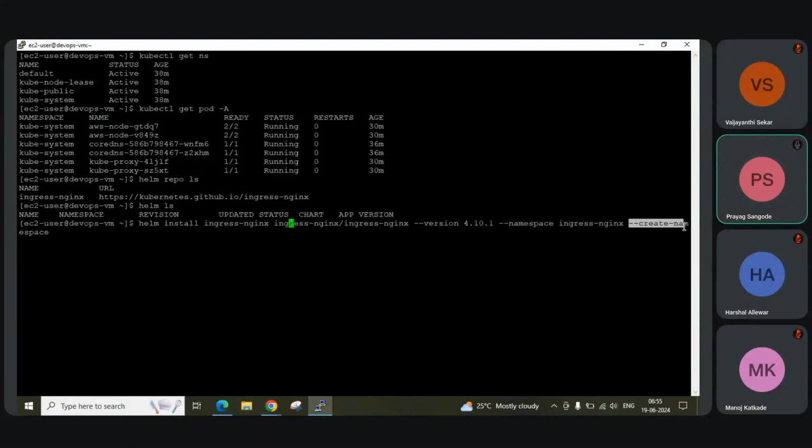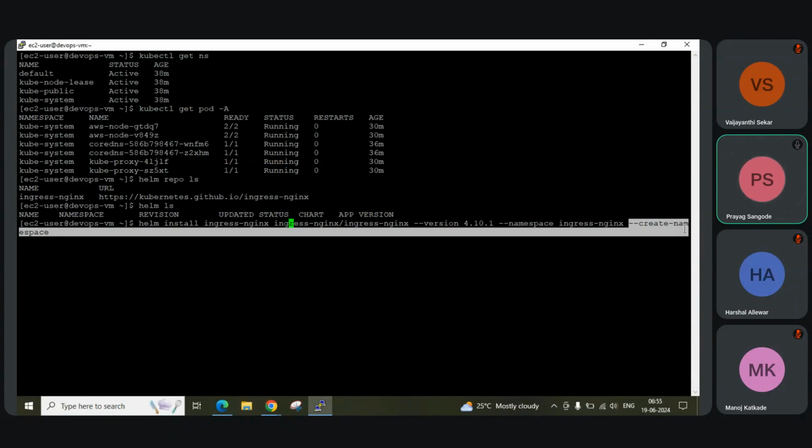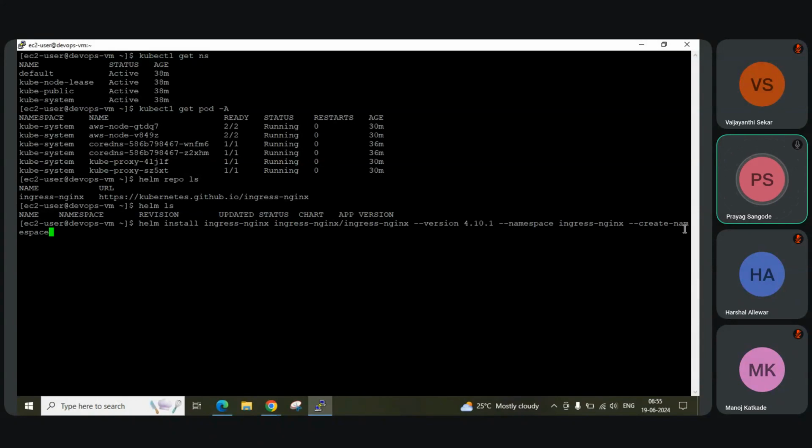So there is an option called --create-namespace if the namespace doesn't exist. Whenever we install such different packages, we should keep them in a separate namespace. That's why I've created this